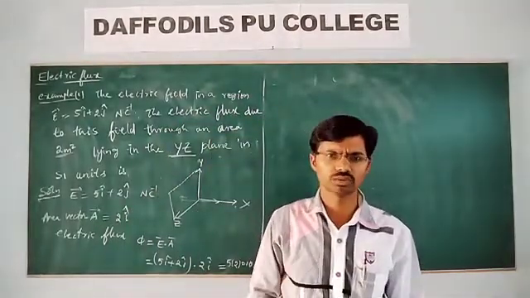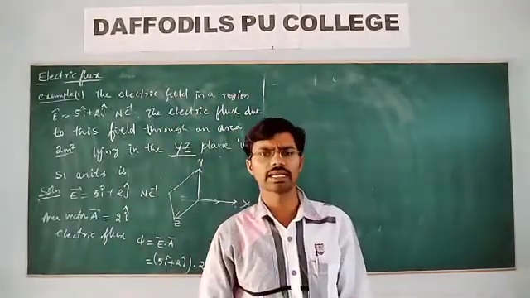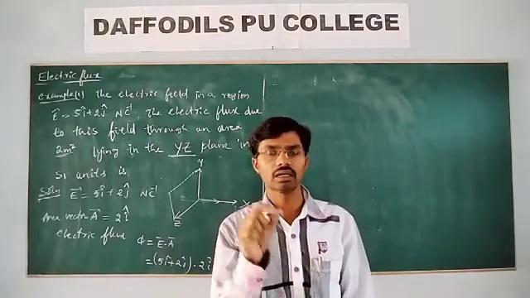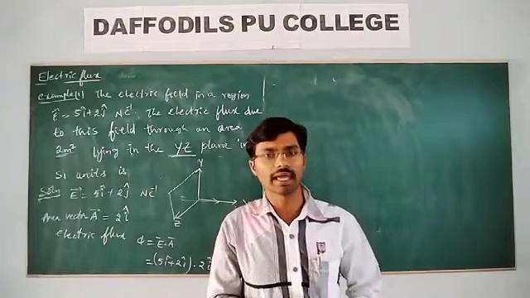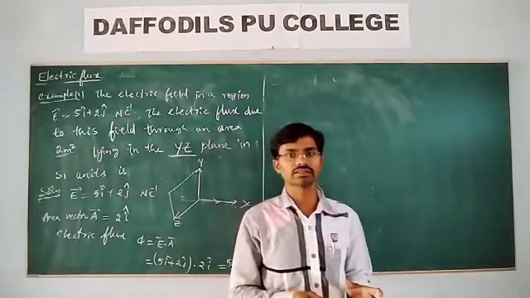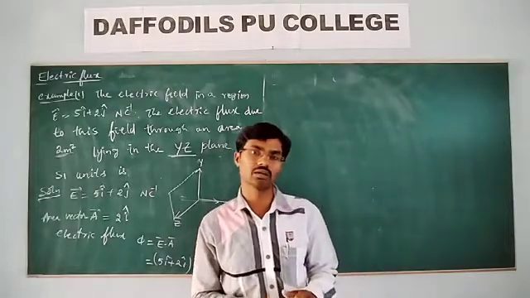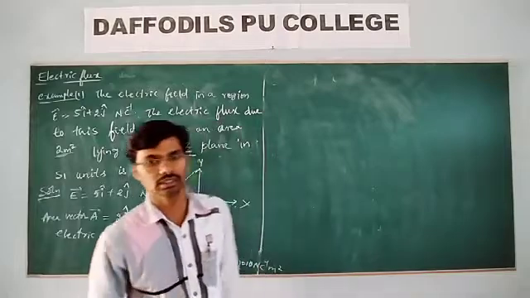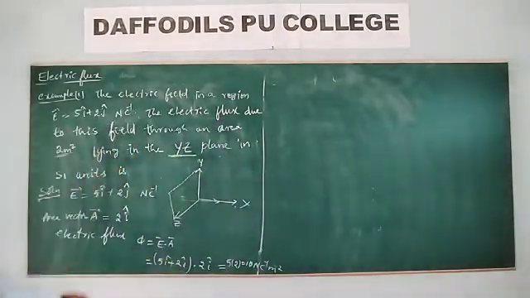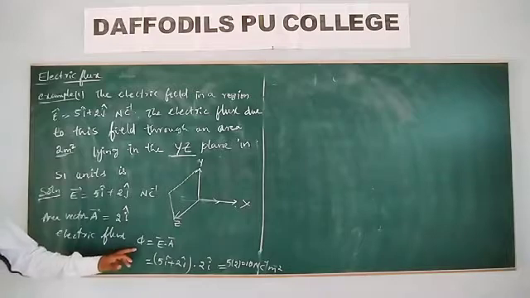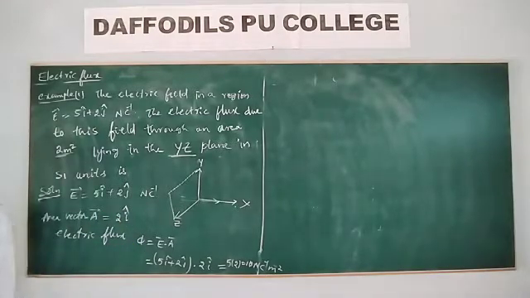For any surface, if you want to calculate electric flux, we have to see the direction of the area vector and the electric field, and the angle between those two. Electric flux phi is equal to E ds cos theta. You have to look at all these directions, then you can calculate electric flux directly using this formula: phi is equal to E bar dot A bar, or phi is equal to E A cos theta for magnitude.